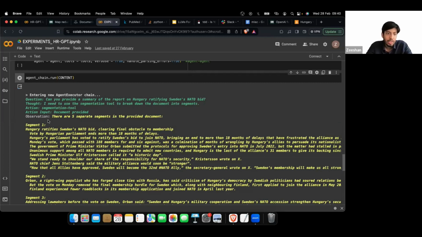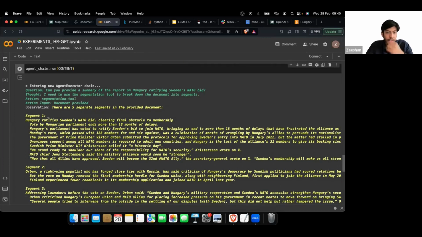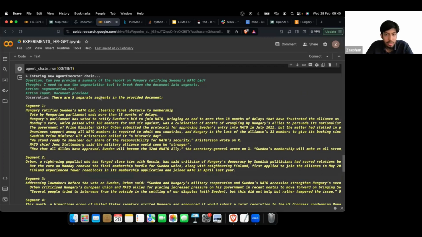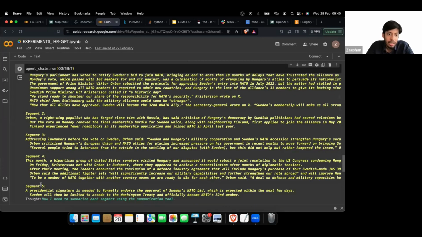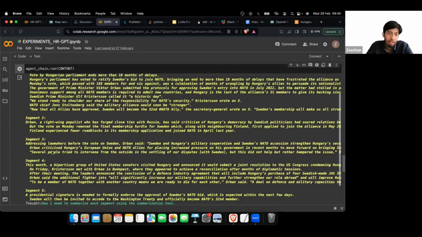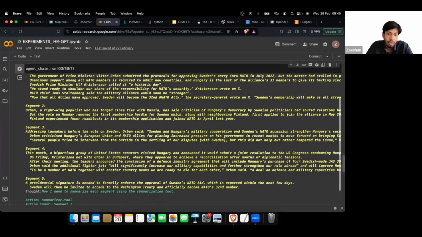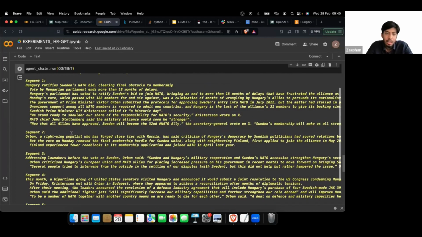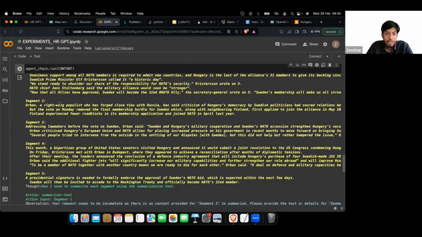Currently I'm using the semantic segmentation based chunking. This is the output of the chunking. It shows the segments that the LLM has found in the entire document. It actually found 5 separate topics in the article. So these are our 5 segments.